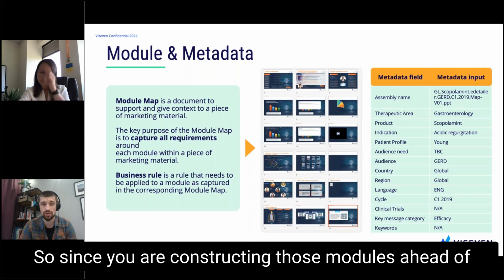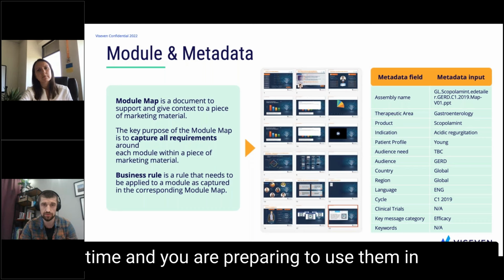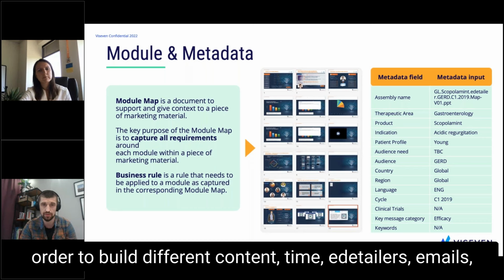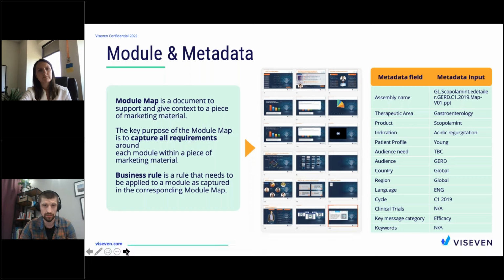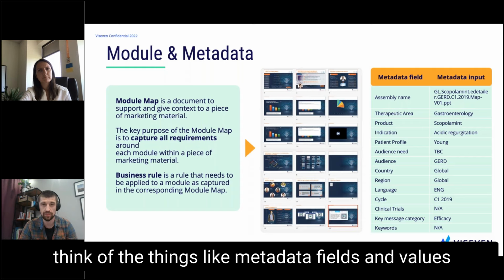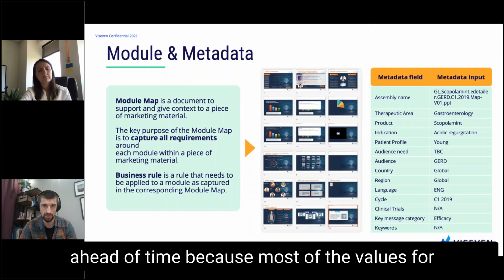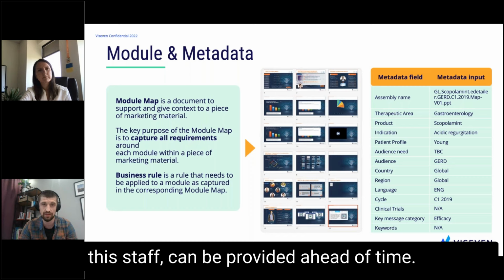So since you are constructing those modules ahead of time and preparing to use them to build different content items, be it detailers, emails, landing pages, whatever, this is where you need to think of things like metadata, fields, and values ahead of time, because most of the values for this stuff can be provided ahead of time.